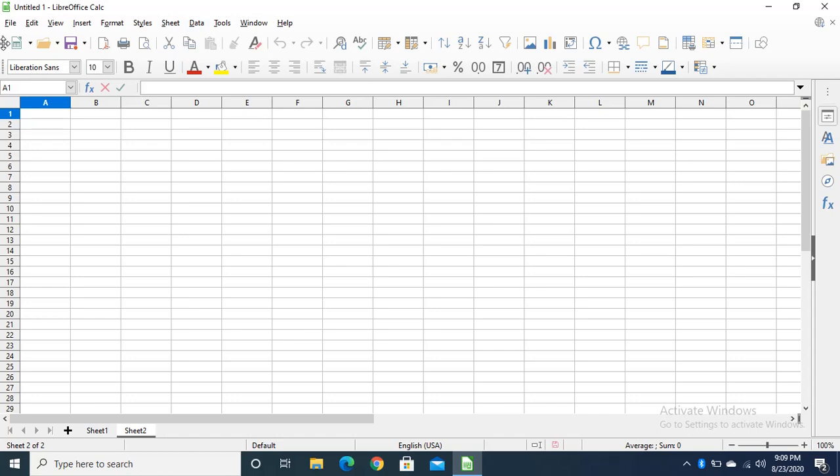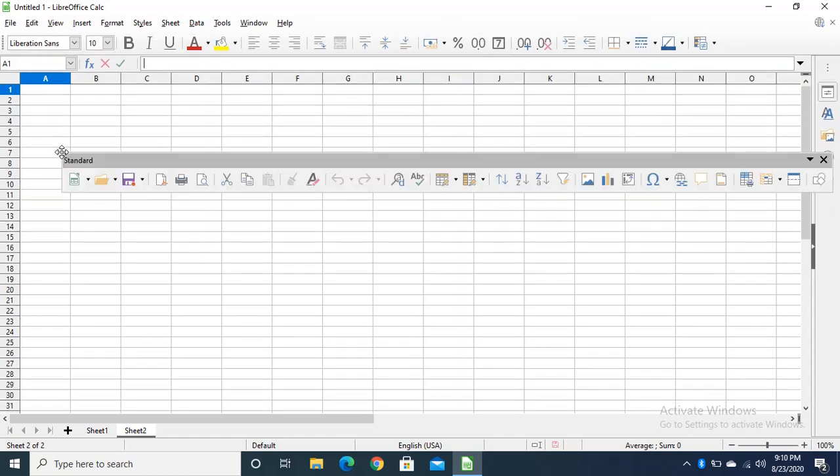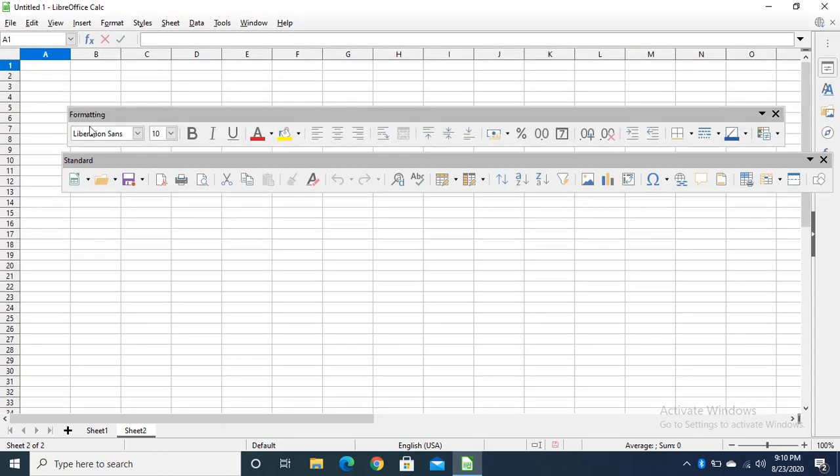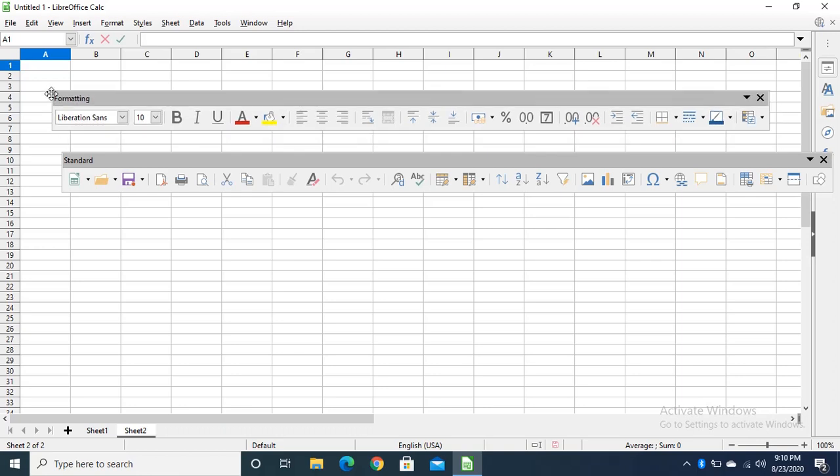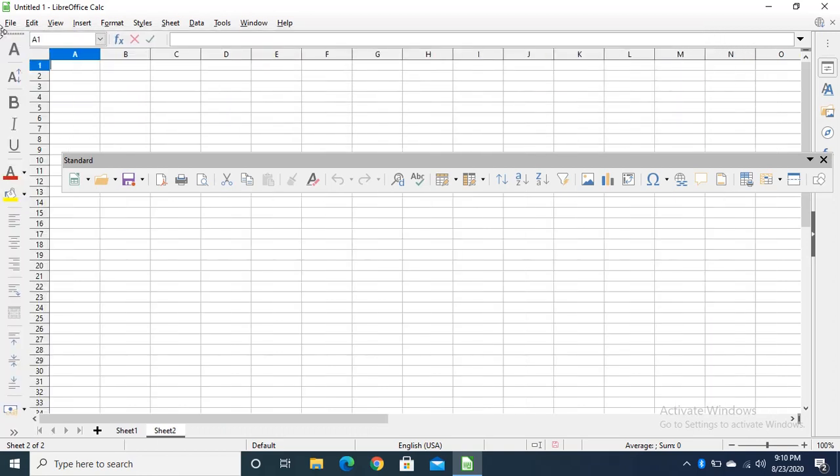Then this first one is this one. Let me show you. This is your standard toolbar. You can see here, this is the standard toolbar. It shows the tools which are generally used, right? Then we have the formatting toolbar. You can see this is the formatting toolbar, right? The tools which we use for formatting to make our document attractive. Then this is your work area. These boxes are under the work area where we do the work.